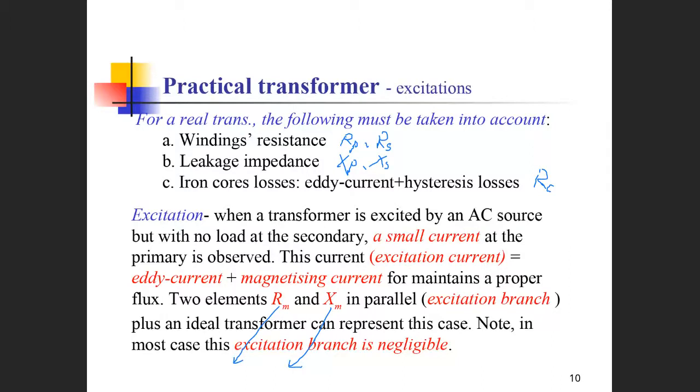When referred to the primary, I still keep the core losses, and the X mutual will be transferred into XMP. When referred to the secondary,